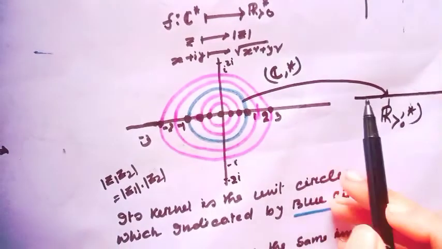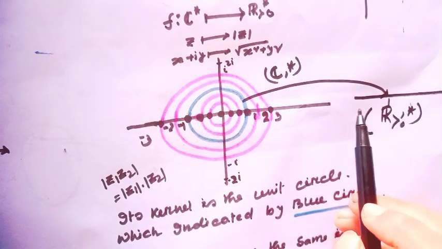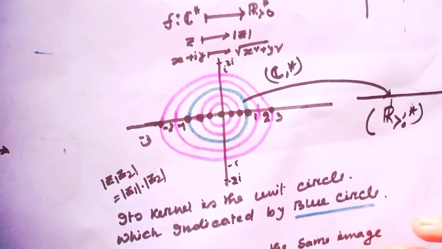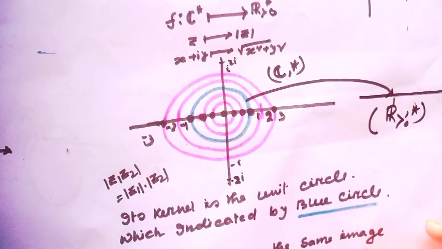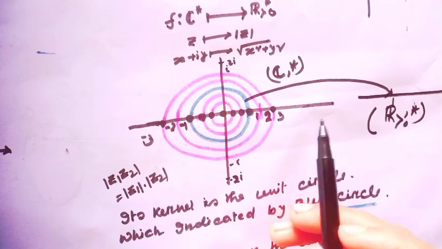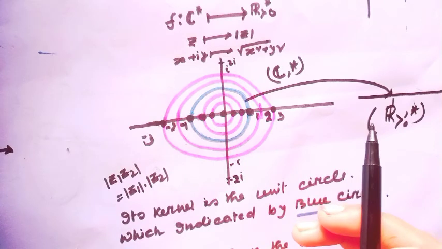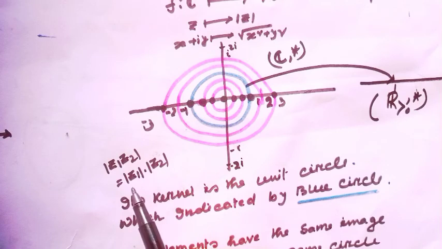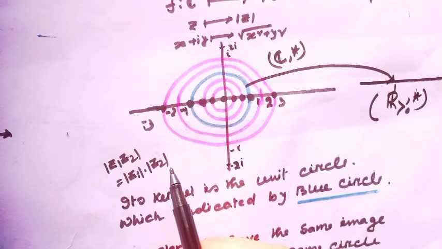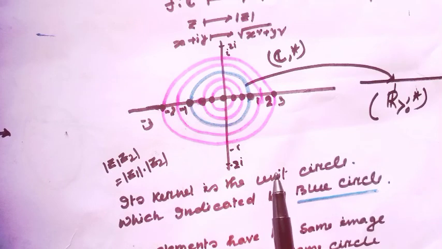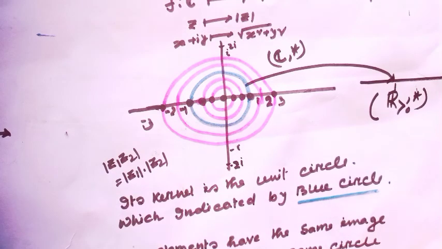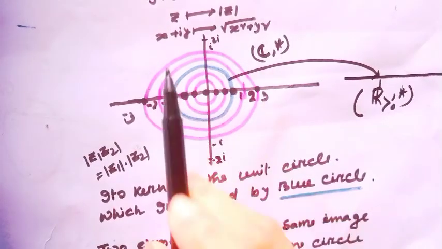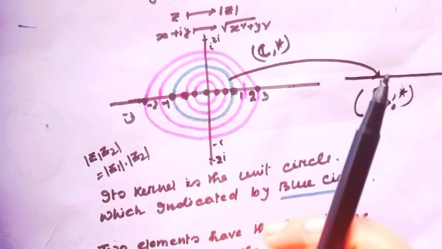Here the codomain is the set of all positive real numbers under multiplication. And this mapping always preserves structure. It is an example of a homomorphism, because all of us know the modulus of Z1 Z2 equals the modulus of Z1 times the modulus of Z2. You can ask me, what would be the kernel of this mapping? Just think. The kernel is the set of all complex numbers whose modulus is 1.